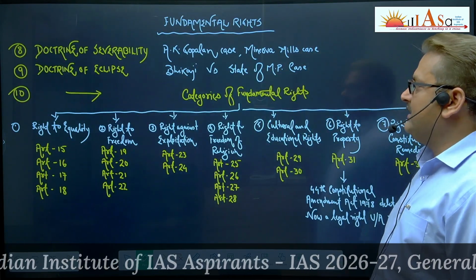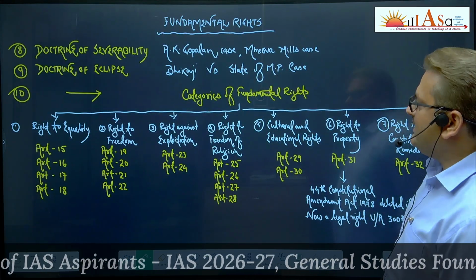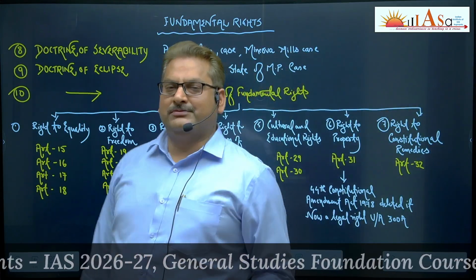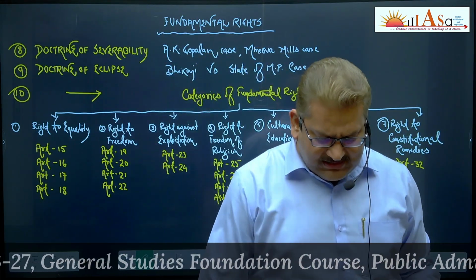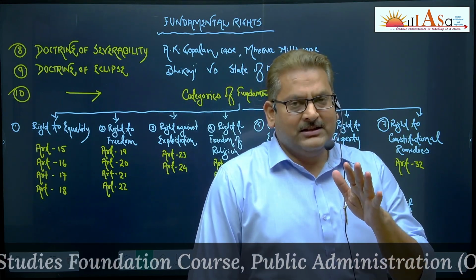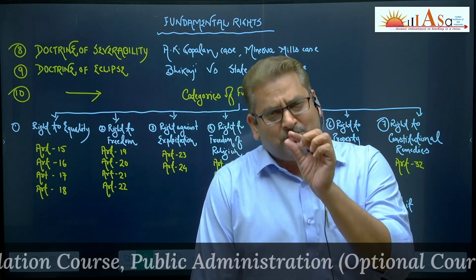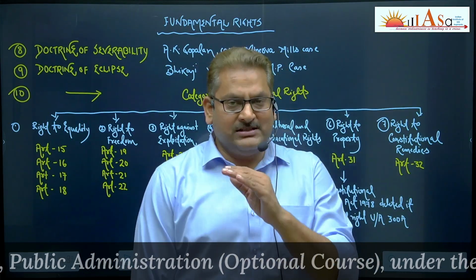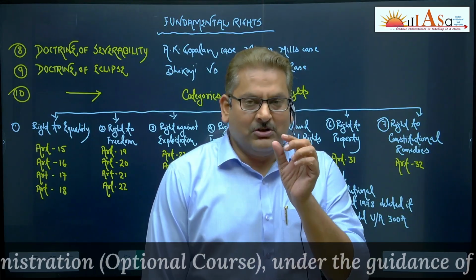Regarding fundamental rights, you have the doctrine of severability and the doctrine of eclipse. In the A.K. Gopalan case, the Supreme Court explained it so nicely. Doctrine of severability: severe means to cut off. It states that if any law is violative of or in derogation of fundamental rights, then only that portion which is inconsistent with fundamental rights can be done away with. It is not necessary to declare the entire law as unconstitutional. Are you getting the point? Doctrine of severability suggests